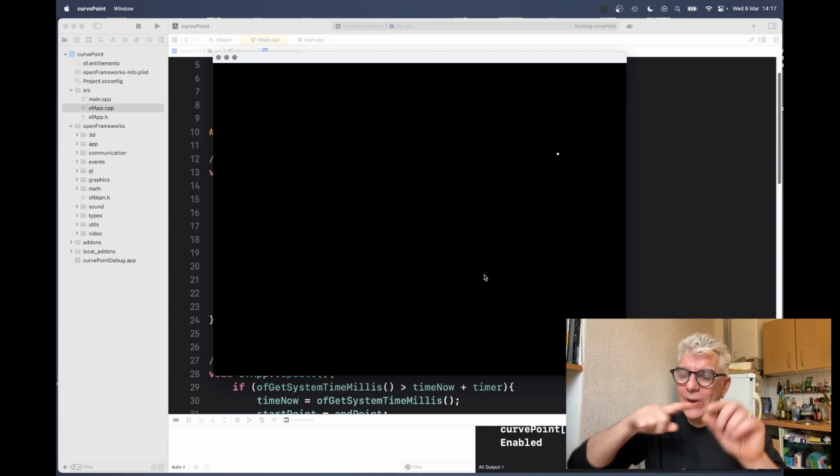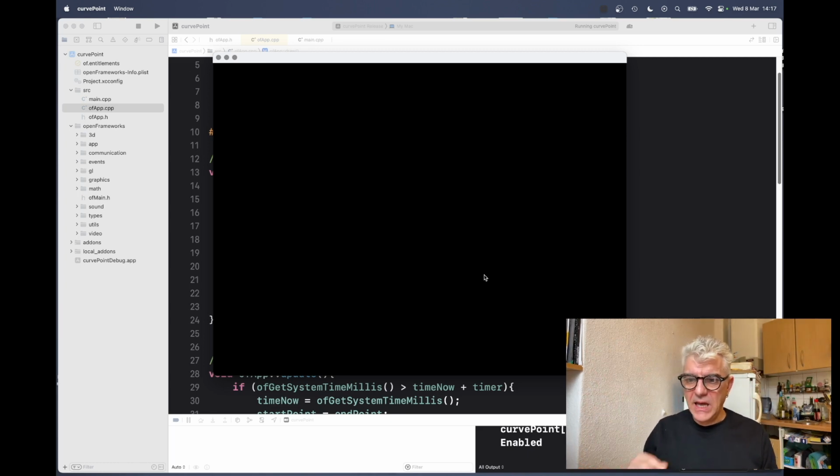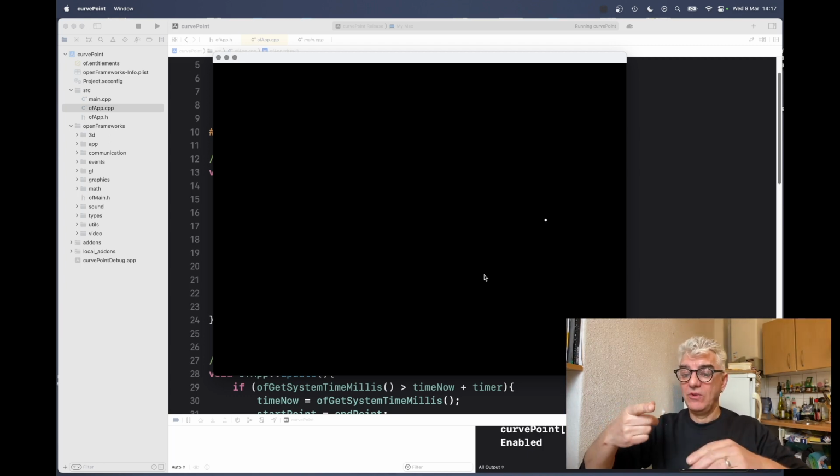So what I'd really like to do is draw these curves, and I could do it in a bunch of different ways, using a polyline and filling the polyline full of points and then drawing the points. And actually the simplest thing that I can do is switch off the background refresh. So when it draws a dot, it doesn't clear the screen before it draws the next dot, so we get